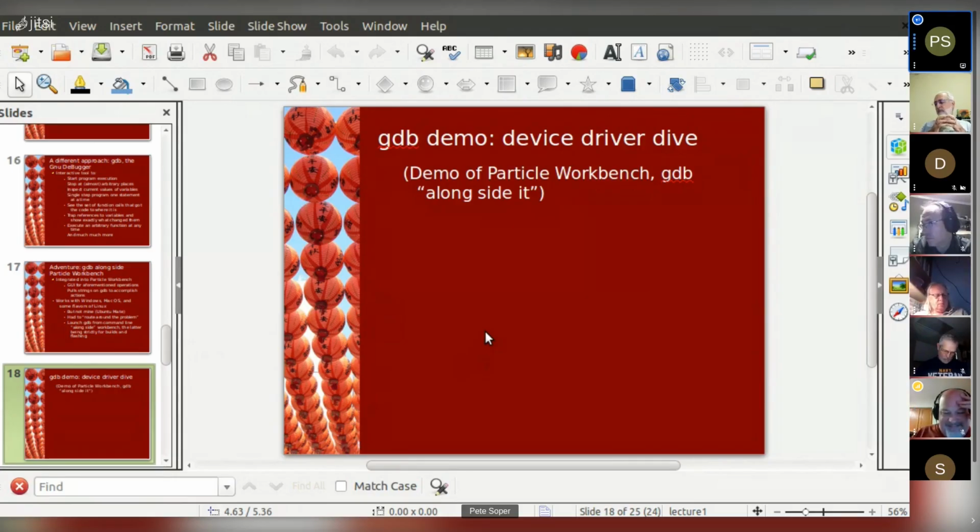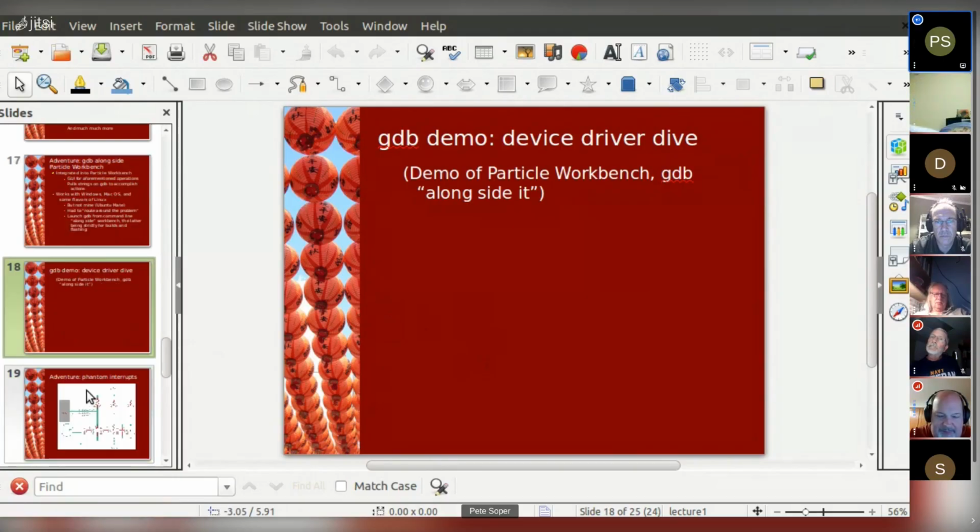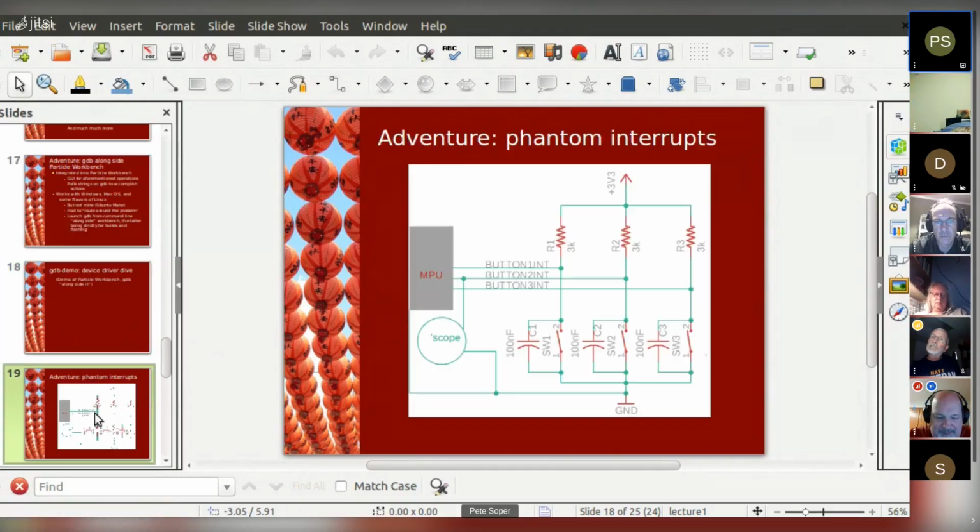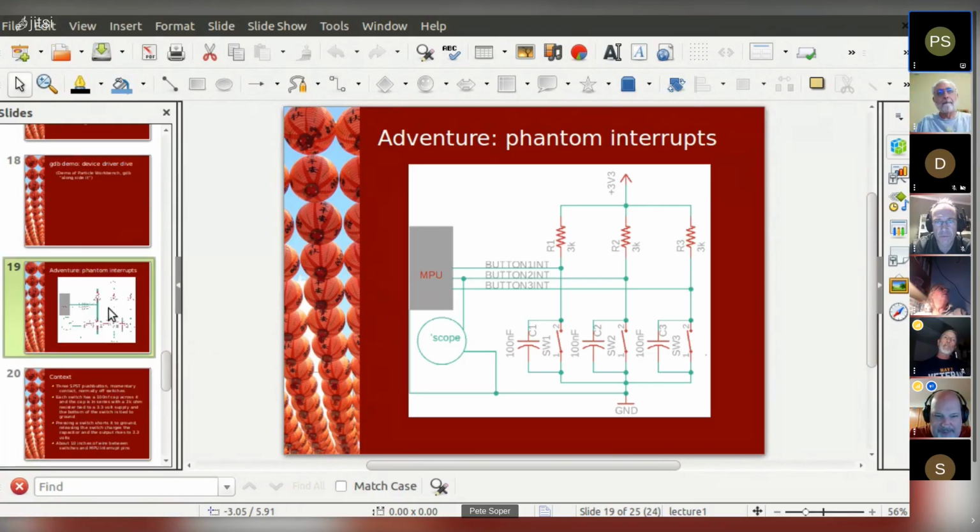DBX was a slick, fancy layer of stuff on top of a more primitive debugger that goes back to the mid 70s, or maybe late 70s. But the big claim to fame of GDB was it was the first one able to do remote debugging of another device separate from the terminal that you were on.